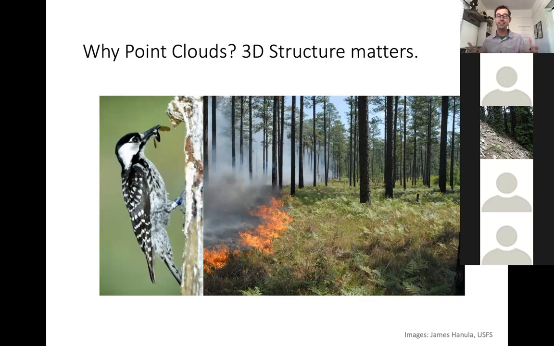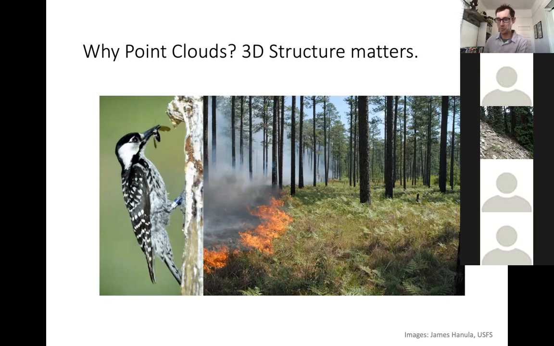You have understory of oaks and bays and all these less fire adapted plants that grow up, and woodpeckers really don't like those structures of forests. So the Fish and Wildlife Service, the U.S. military, and other land management agencies that have red-headed woodpeckers on their properties use LiDAR regularly to measure the three-dimensional structure of their forests and make sure that it's up to spec in terms of the quality of habitat